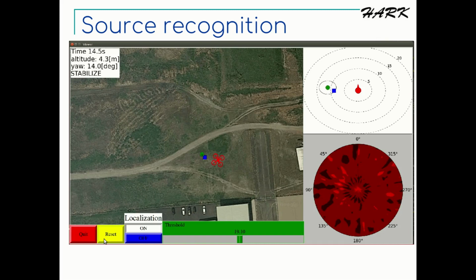This video clip shows another example. Operation system is connected to the localization system, and the separated signal was also fed to some kind of classifier to detect what kind of signal is coming from the source. You can find a green circle with the symbol V that represents the target was classified as a vocal signal. Of course, this is a very special case because we just trained the classifier according to the knowledge of what kind of sources exist in the field.